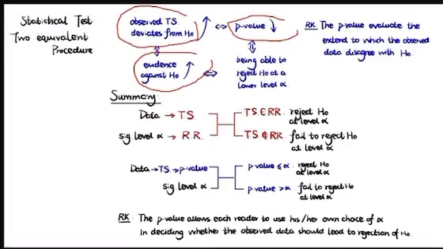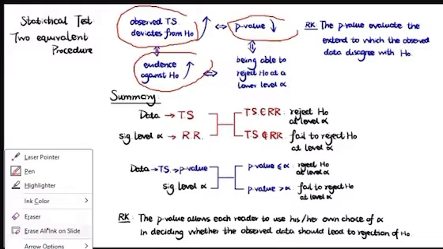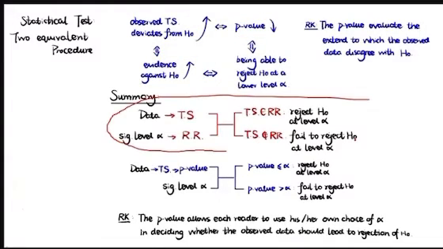Okay. Now, what is the summary? Before today, we were using this to take a decision. When the test statistic lies in the rejection region, you reject H naught at any given level of alpha, and when it does not fall in the rejection region, you fail to reject. That was the way we were taking decisions before today. But today, following this lecture, we're actually going to be using this,